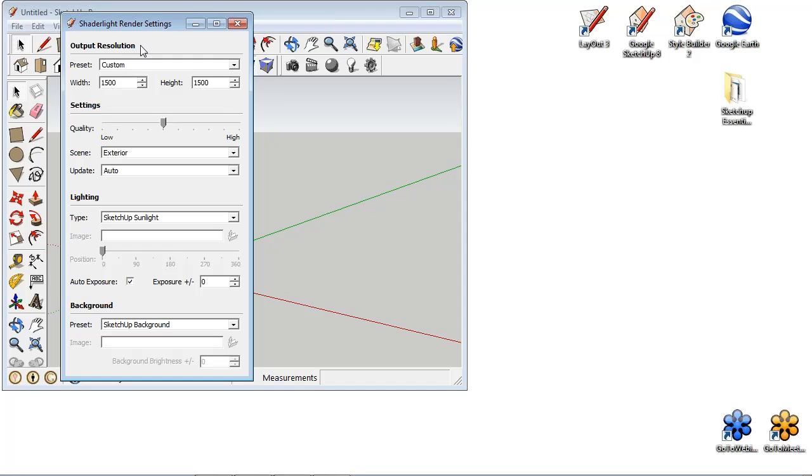Now, another question that we do get is, what does the quality slider do? It's a fair enough question, because you've got the low quality to the high quality. Just quickly, Martin, if you don't mind, before we jump onto that, what's the highest resolution Shaderlight can do? Okay, the highest resolution, and if we hover over this box there, it tells us it's 16,000 by 16,000